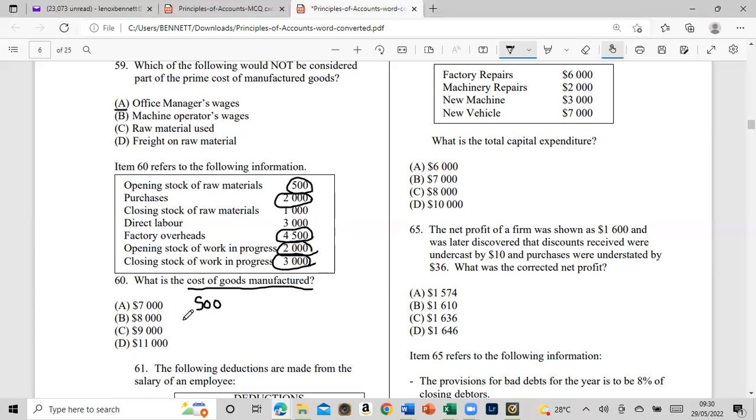It's 500, 2,000, 4, 5, and 3,000. Oh, there's another 2,000. All right. So this gives us a total of $12,000. This is 12,000. 1 and 3, that would be 4,000. See, it would be